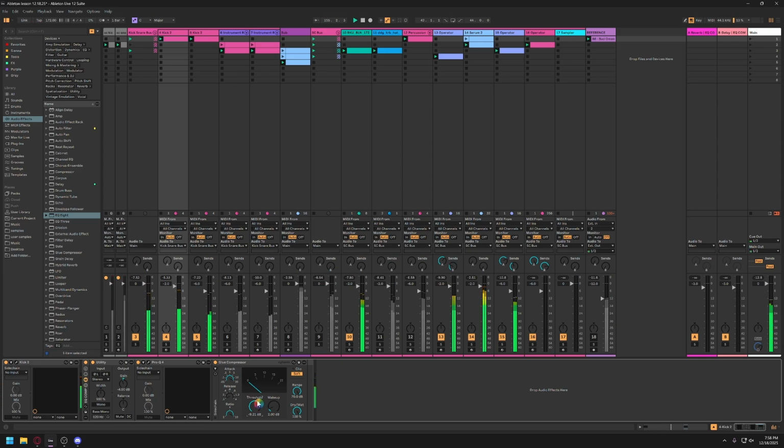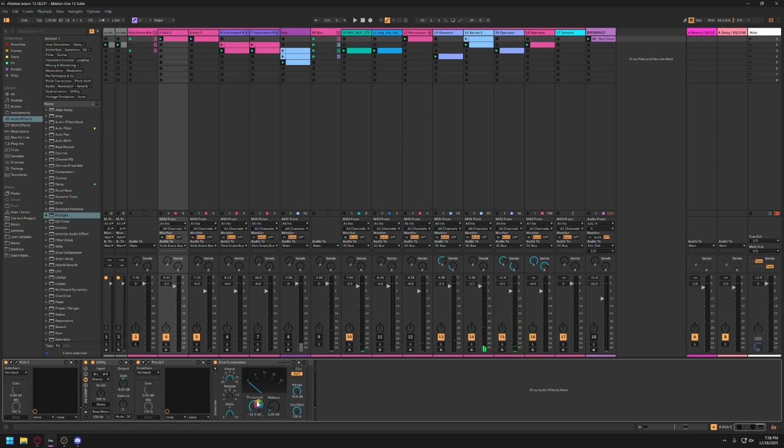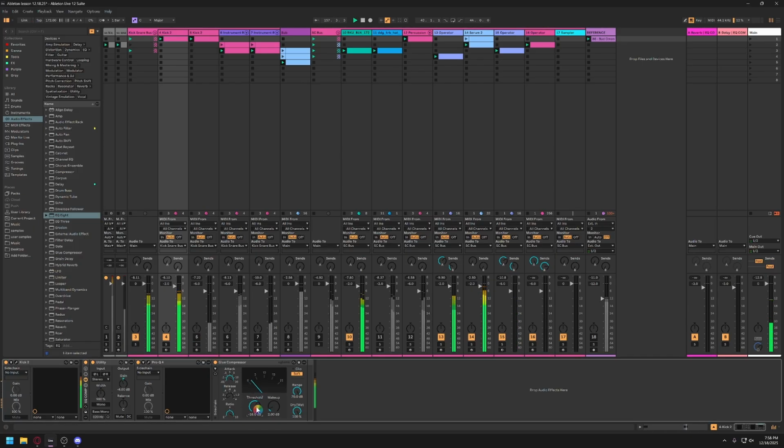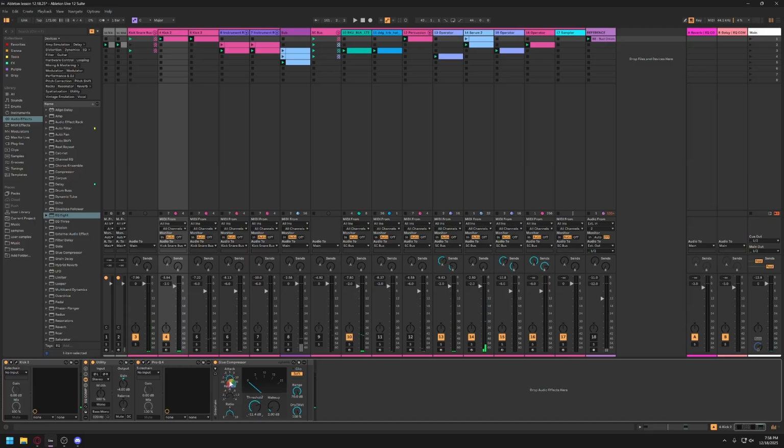Like I could turn down this threshold until the needle starts to move, and start to compress my kick. And I've got the attack and the release set on there. In the general default setup I have for this, I'm using maximum attack and really low release and a high ratio. The attack is long, 30 milliseconds in this case, so the attack won't crush